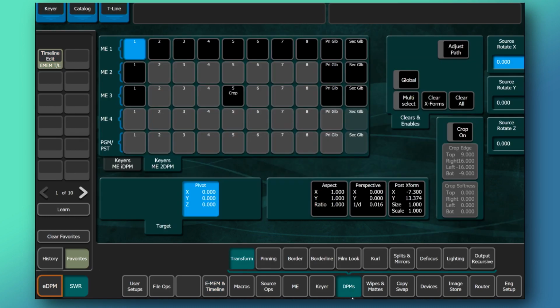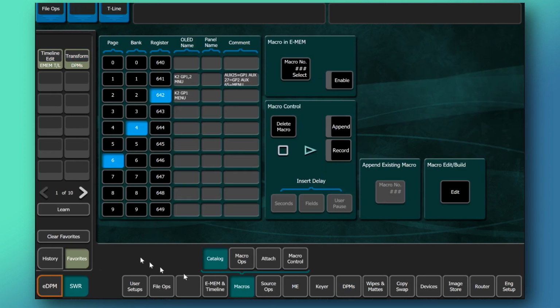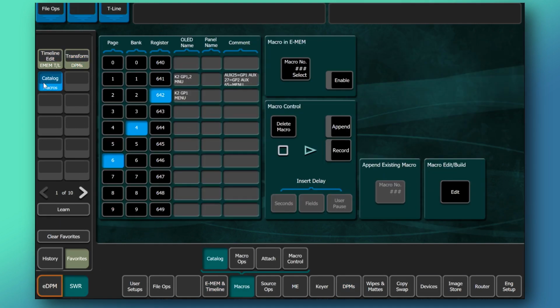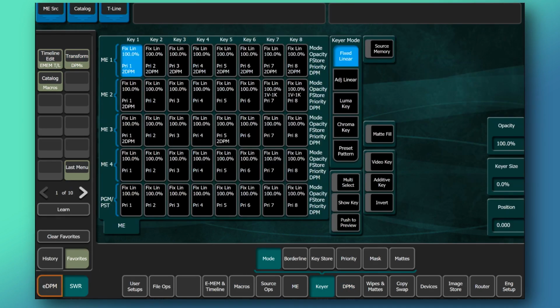Maybe while we're building we want DPMs. So we'll come back here and say I want to go into DPMs. And then maybe we'll also want the macro menu here, so I'll say that. So now I've learned these favorites here, and I can go through and select these favorites as needed. Some people like to have a last menu button to say, just take me to the last place where I was before. So you can learn that here: if we say learn history, and then I'm going to click that into the lower right and say that's my last menu. So now let's click through this. We'll go to DPMs, keyers, and then this last menu will take us back